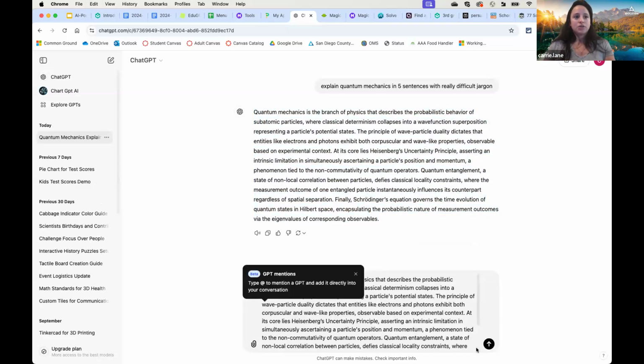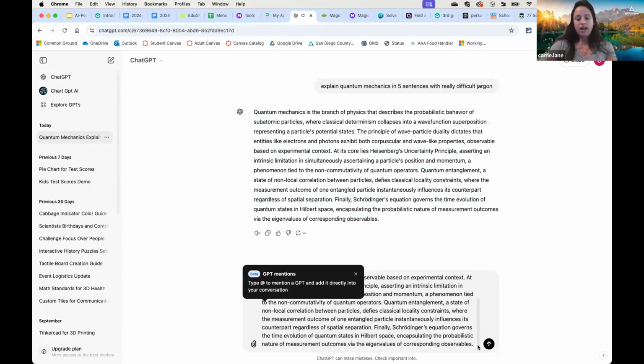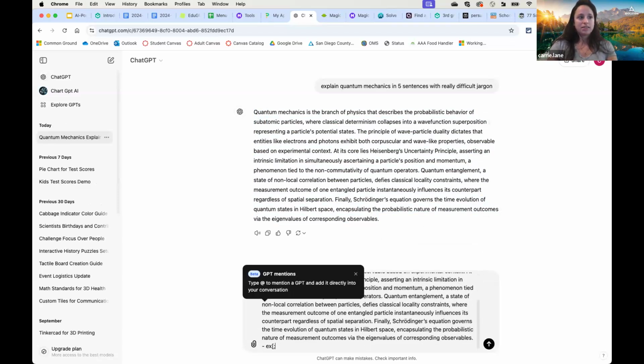We can then say to ChatGPT or whatever our AI is, explain this at a 3rd grade Lexile level and put in student-friendly vocabulary, pull out vocabulary, and define.